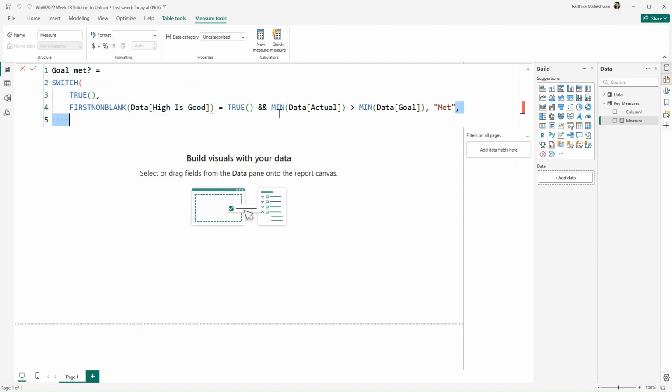And similarly we need the other combinations as well, so I'll just copy it here. If this is true and actual is less than goal, then we say it is not met.